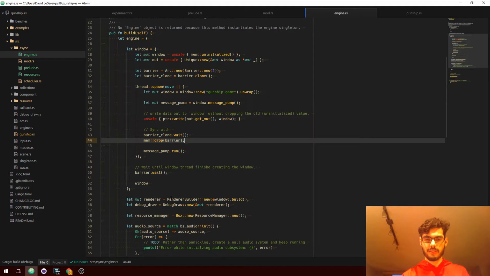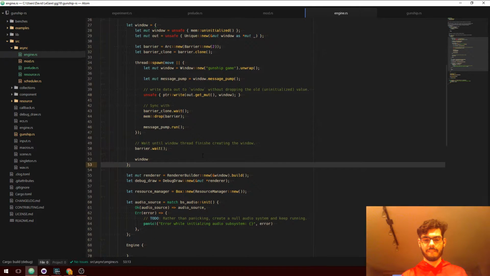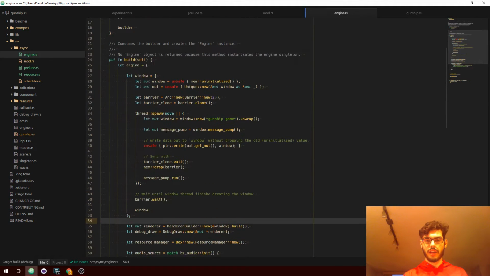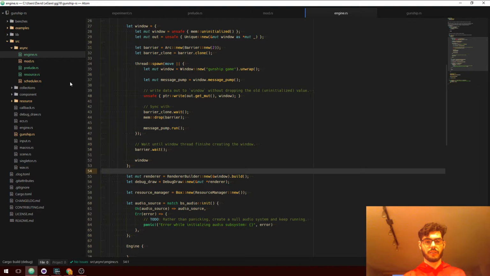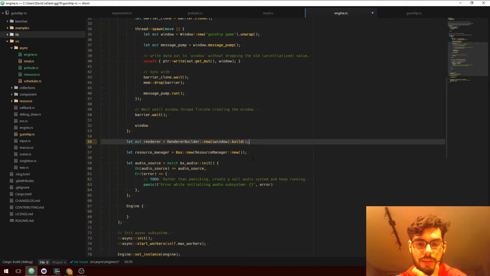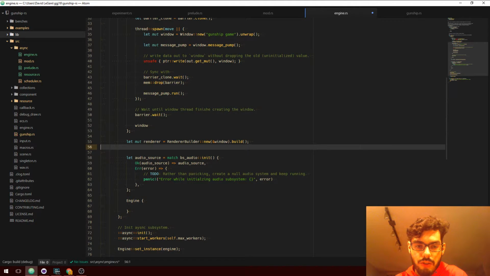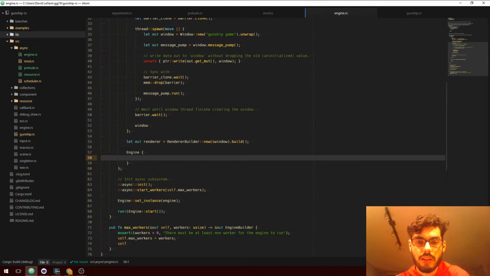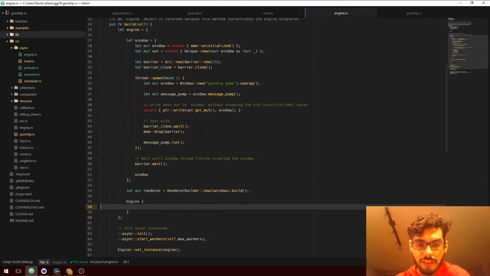And we're going to let that just run off the edge so that our barrier deallocates. Renderer, we will still build, because our renderer is polygon. That is defined within this library, so I can still use that in my async context. Debug draw I will have to kill for the time being, because debug draw is not ready to be thread safe. No such thing as a resource manager, no audio source. I'm going to just have to completely revisit my audio library down the line because it sucks and I need it to suck less.